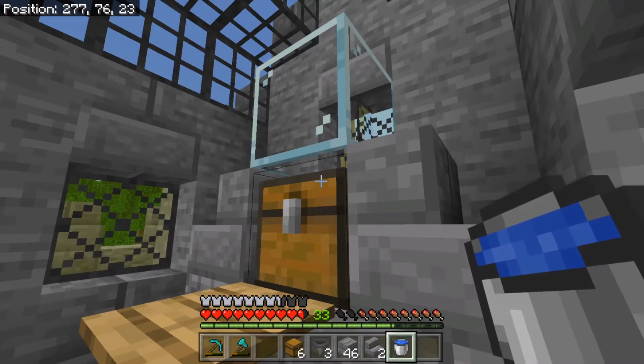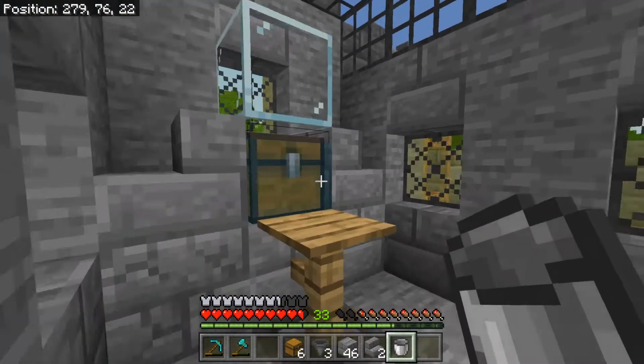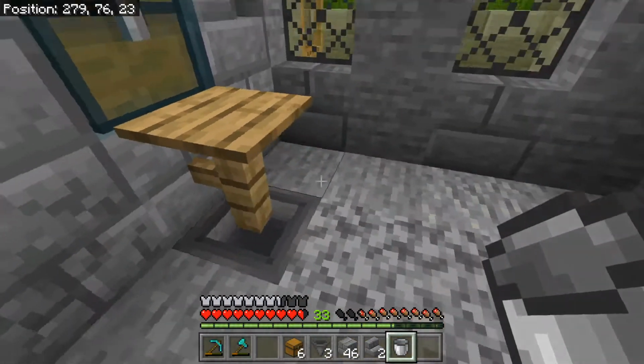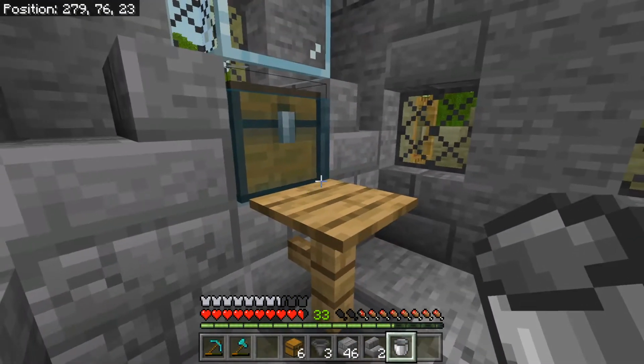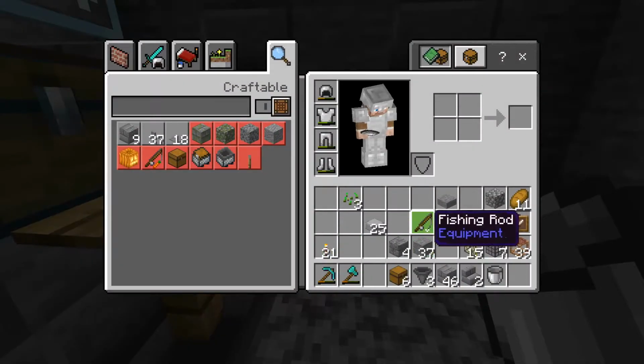Let's go ahead and crouch. There we go. There it's in. Okay, so now we've got a completely functioning AFK fish farm. And if I take my fishing rod,